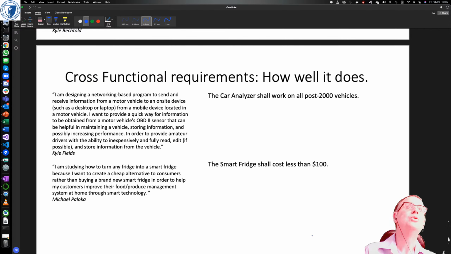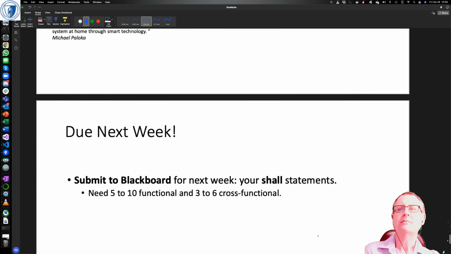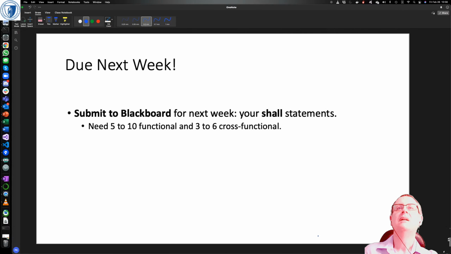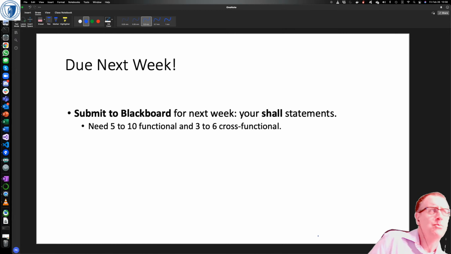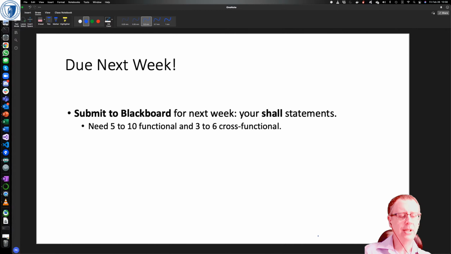And what I'm asking you to do between now and next week is to think about what shall statements your system is, given that now that you've done your pitch, you've got a bit better idea of what you want to build. Now I want you to write it down in terms of clear, unambiguous, direct language. Okay, and that's due next week. I'd like to get it preferably well in time before the lecture.